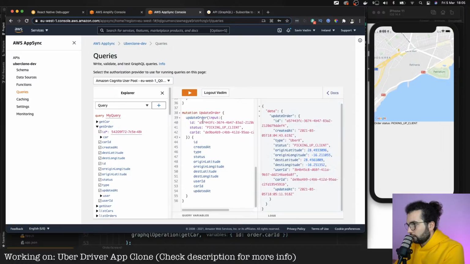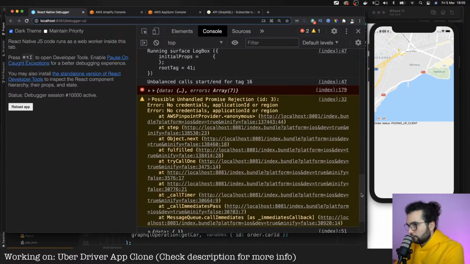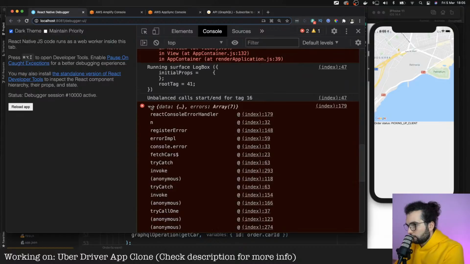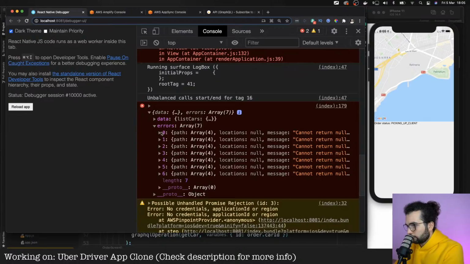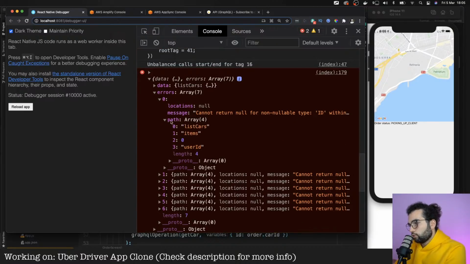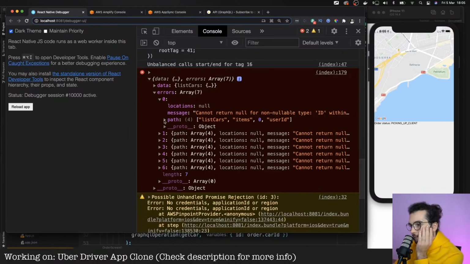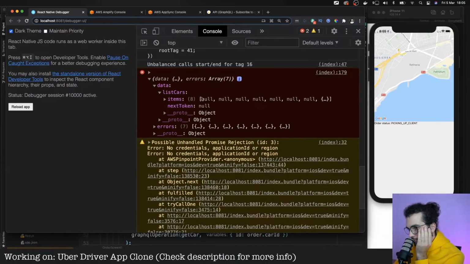Update order. Picking up client. However, I don't see what's here. Errors. Cannot return non-nullable type ID. List cars. List items. Null, null, null, null.